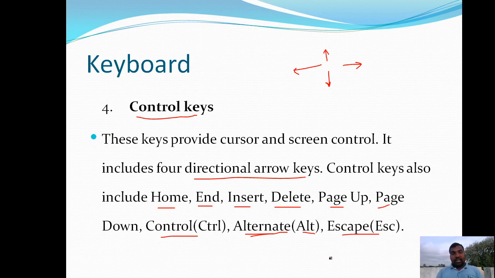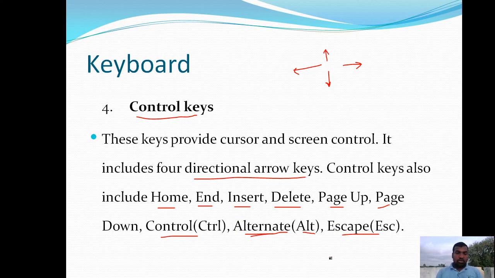So these insert, home, delete, page up, page down, control, alternate, and escape keys are included along with the directional keys, and we call them control keys.